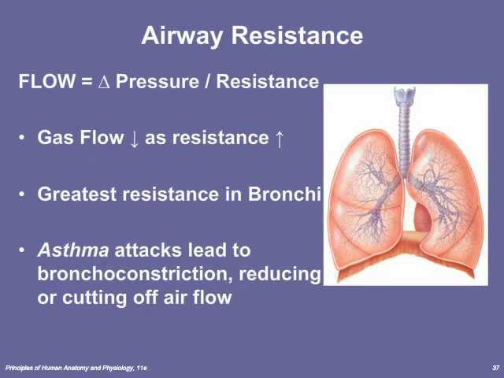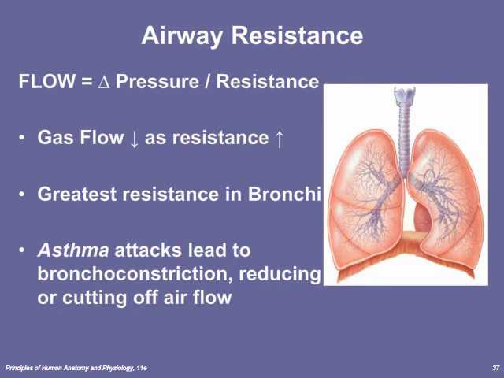Okay, so one of the factors affecting pulmonary ventilation is simple airway resistance. Resistance is anything that impedes the flow of air through our conducting zone structures to the respiratory epithelium. And so gas flow tends to decrease as resistance increases. As it turns out, the greatest resistance is normally going to be found within the bronchi. The bronchi, remember, were those tubes that branched off the trachea. And they do seem like they're very large in diameter, but in fact they're the area where we can have